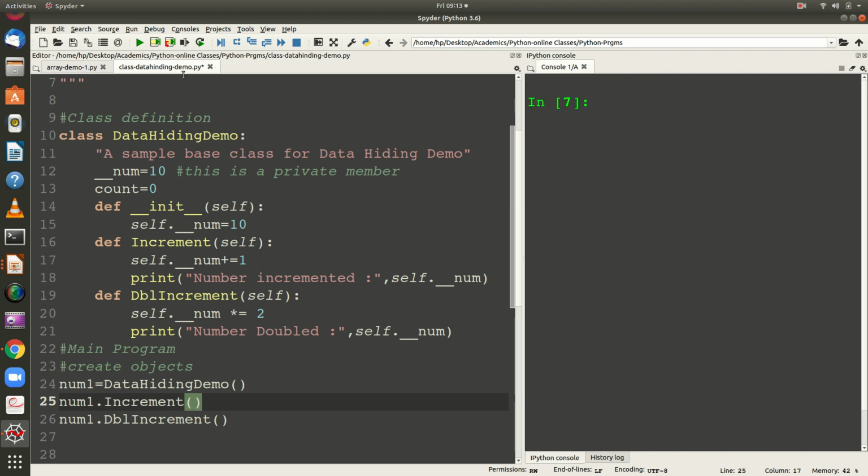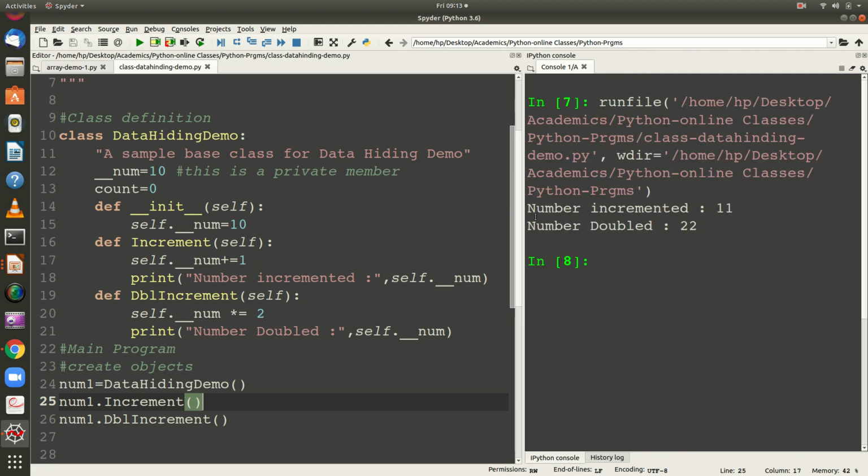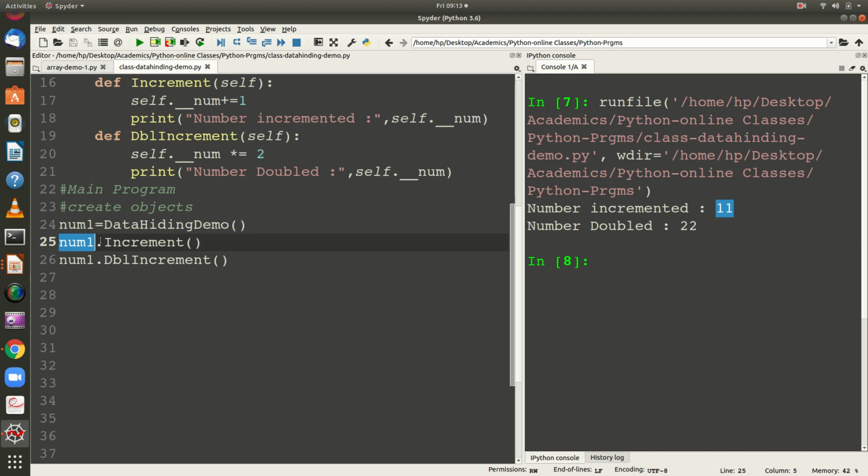Okay, I am going to run the program. You can see when I invoke the increment method, it says number incremented, so 10 was incremented to 11. Then I invoke the double increment, there it gets doubled, so 11 into 2 becomes 22. Again, suppose you are going to invoke the methods this way. I am incrementing it again, and then I am double incrementing.